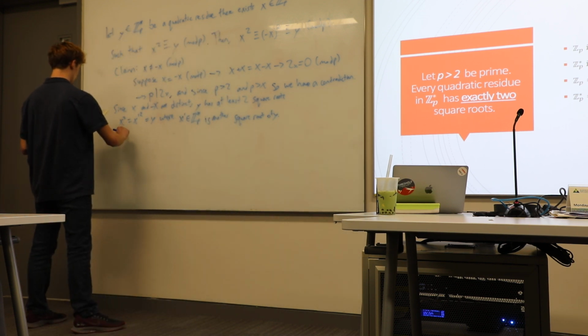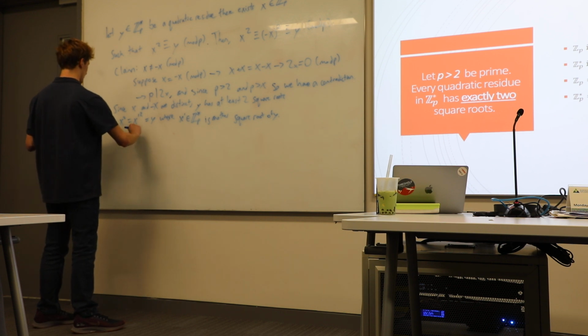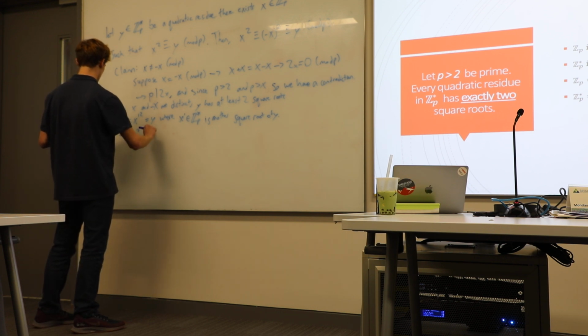Then that would mean that x squared minus x prime squared is